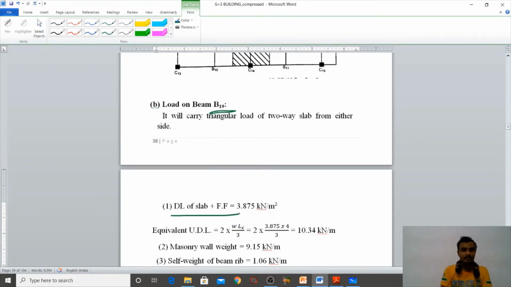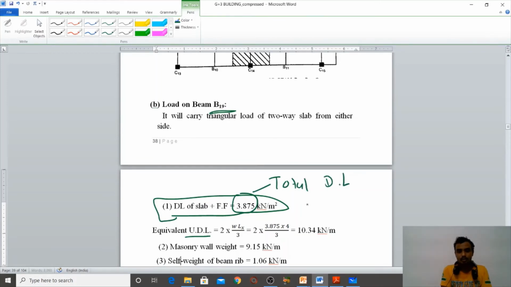The load on the slab is almost the same because there is no change in the thickness and no change in the floor finish load. So the load on the slab is 3.875 kN per meter square, which is dead load. Now we need the equivalent UDL. So this 3.875 is the total dead load on the slab, and this load is transferred to the beam